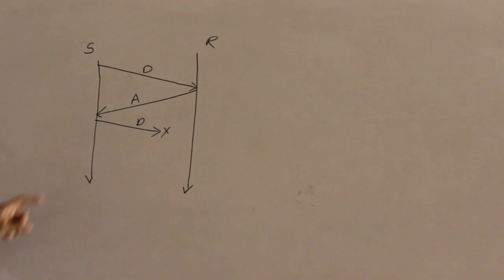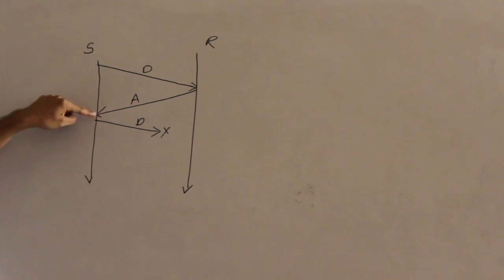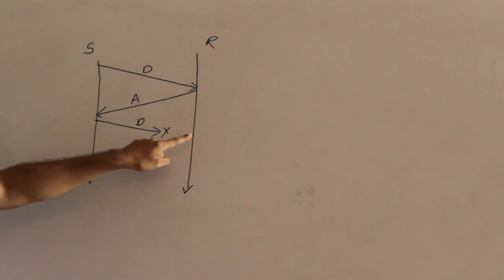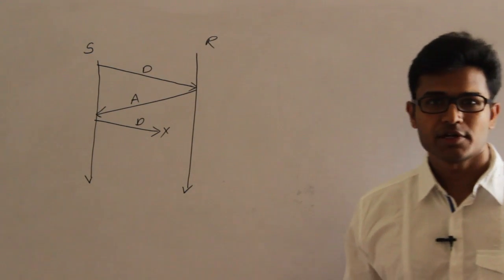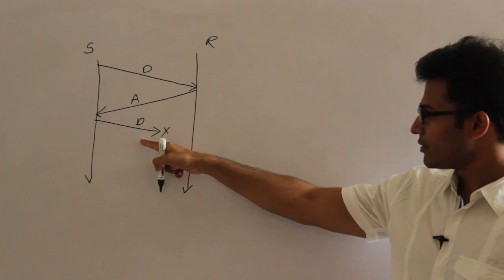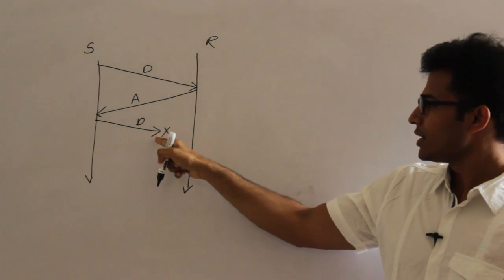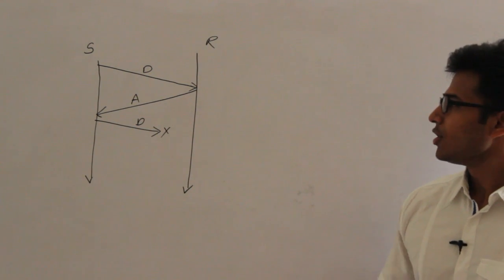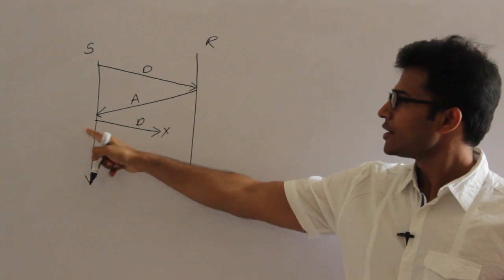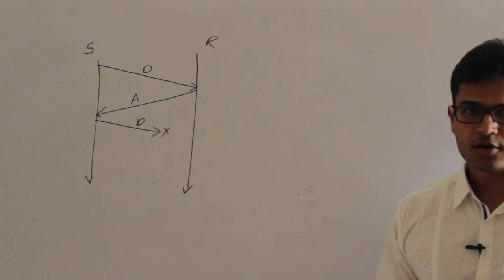Then what happens? If the data packet is lost, the sender will think that the receiver has received the data and the receiver is busy, in the sense its buffer is full, and that is why the receiver is not sending back the acknowledgement. That is what the sender will think. According to the sender, the receiver is busy, and what will the receiver think? The receiver doesn't know that the sender has sent a packet at all. So the sender will be waiting for the acknowledgement and the receiver will be waiting for the data, and both of them will go into deadlock, isn't it?